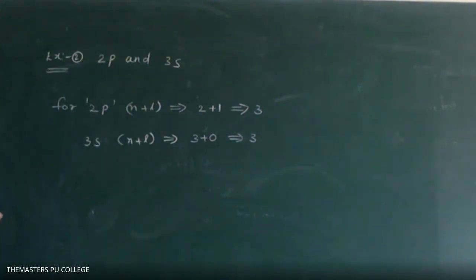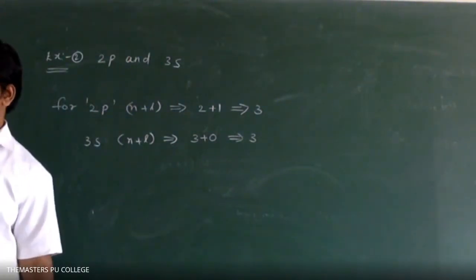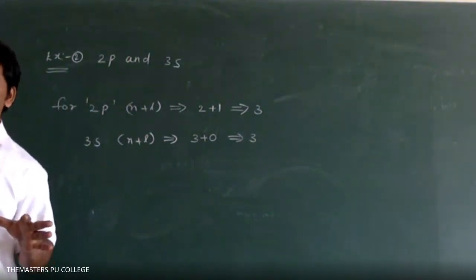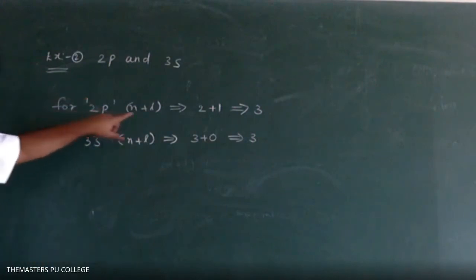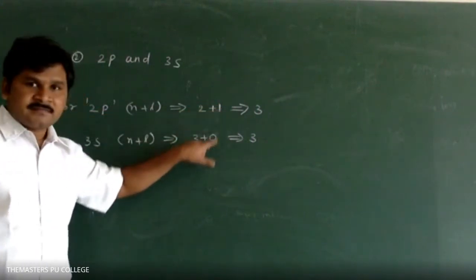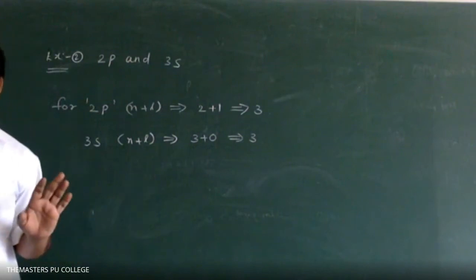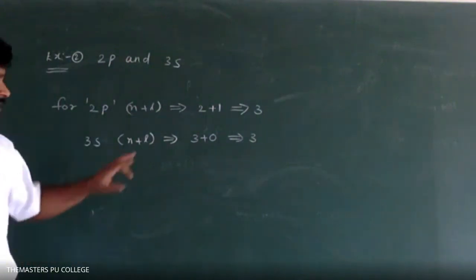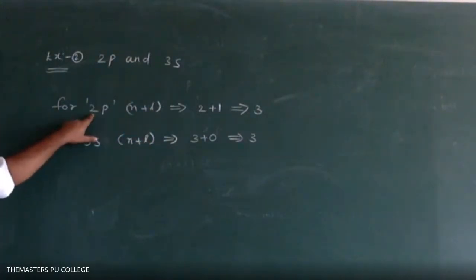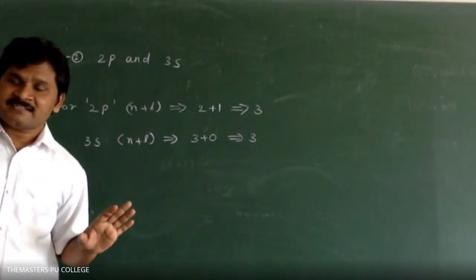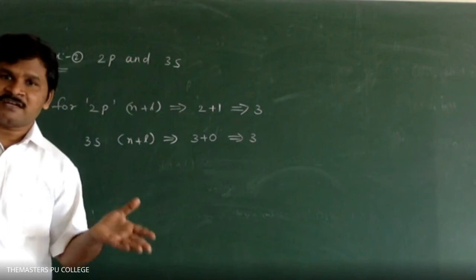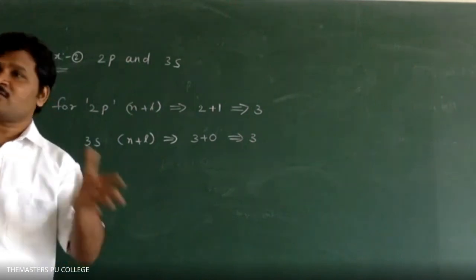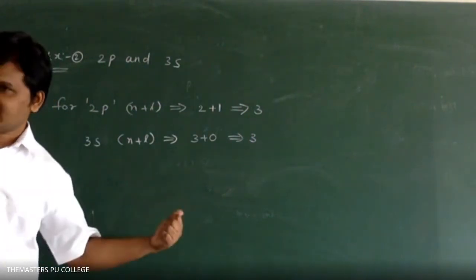Here, the n plus l values are the same. Then what do we have to take? If the n plus l values are the same, then the electron enters into the orbital which has the least n value. 2p has the least n value. So that's why, while we are generally writing the electronic configuration, 1s, 2s, 2p, and only after that we write 3s. This is the reason.